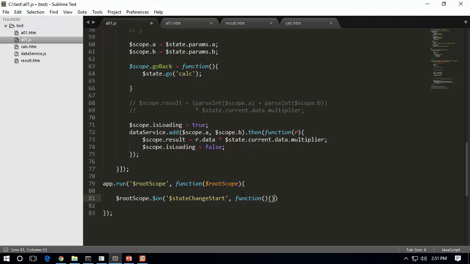So that is the simplest way of adding your event handler. Which means this function is going to be executed every time a particular state is emitting this event. So if this event is raised, your function is going to be executed. And who is going to raise this event? UI router itself. UI router has got this event, and the UI router framework knows when to raise it,